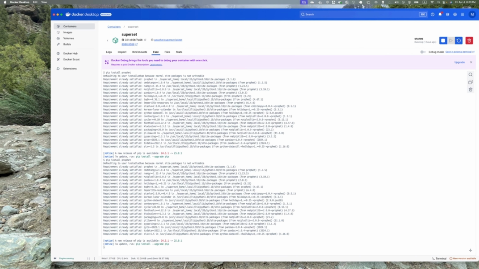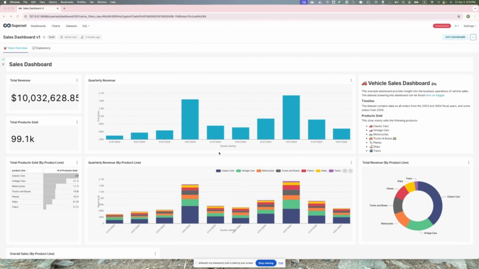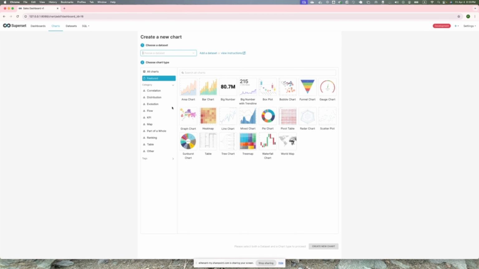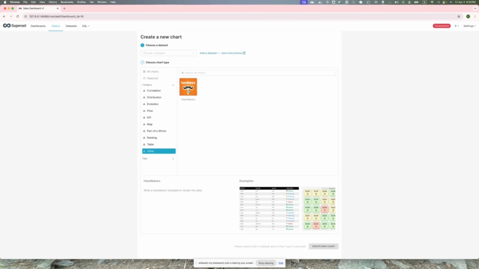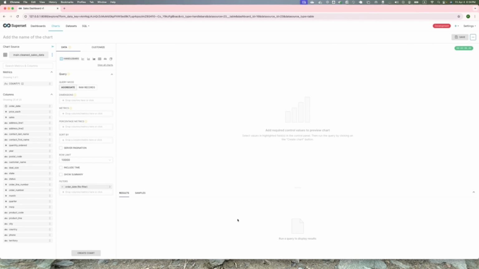Restart your container, and then come back to your dashboard. In your dashboard, what you need to do is create a new chart. Go to other, select handlebars. You need to select your data set. Create chart,